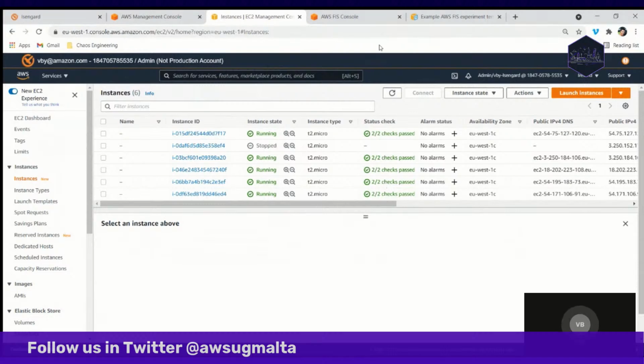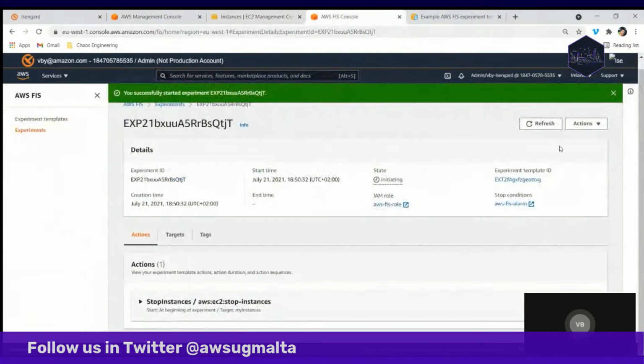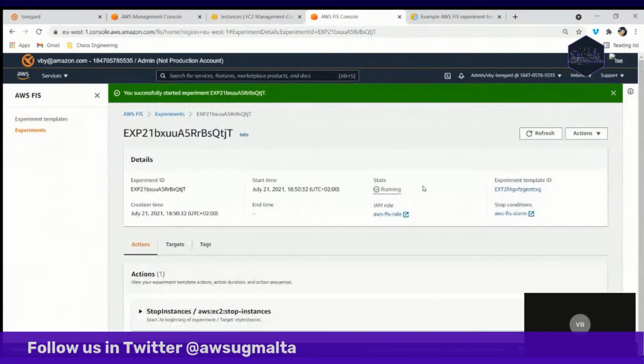So it stopped it. Let's see how the experiment is actually progressing. Still running. So this will run for a good 2 minutes, because we're starting that instance after 2 minutes again. So at minimum, this will run for 2 minutes. And that is the last demo that I'm doing. While we're waiting for this to run, if there are any questions,